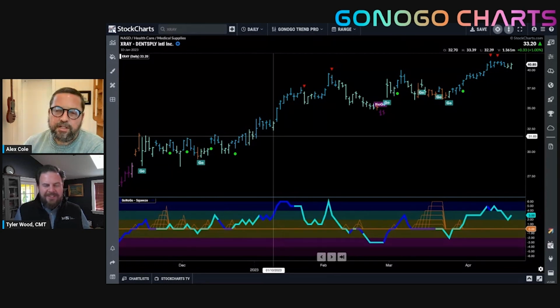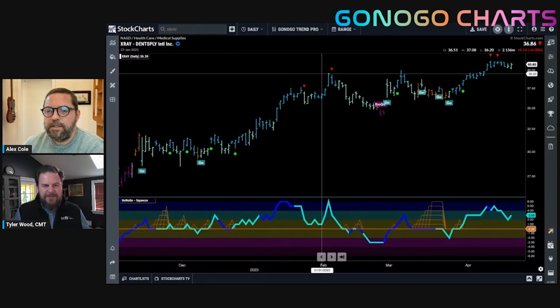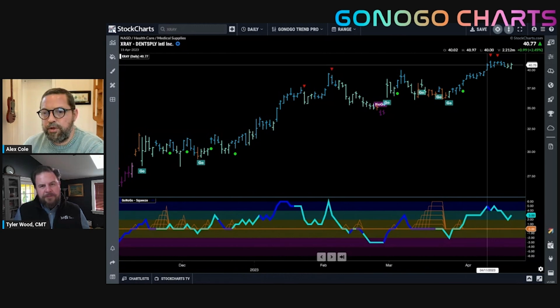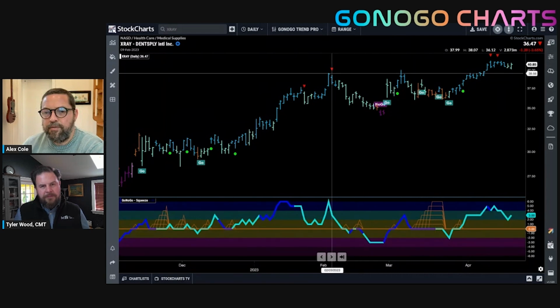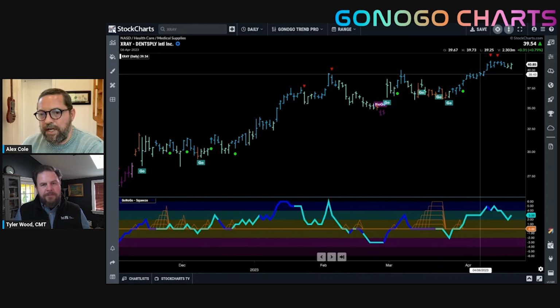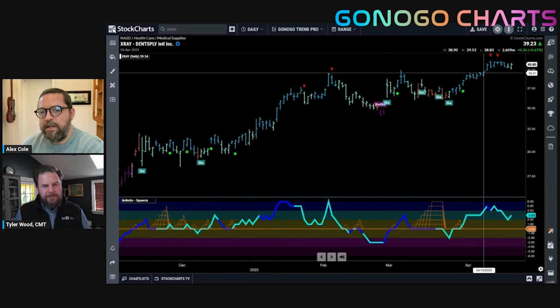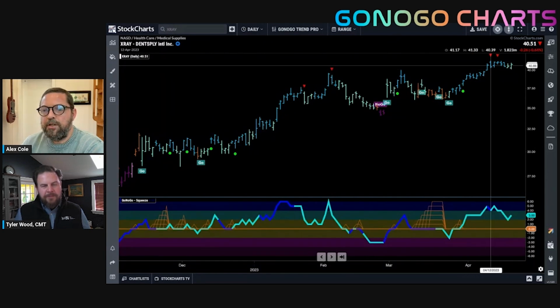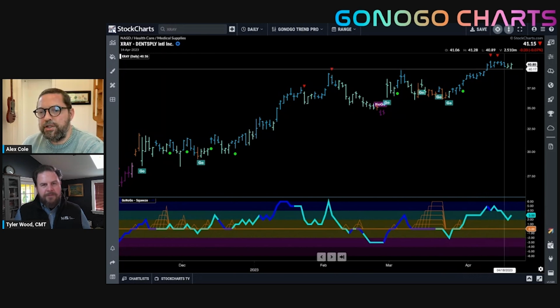Yeah. I mean, XRAY came across, and it's an interesting one to look at, because when we sent this idea out earlier on in the week, it had just broken above this level that had been resistance. If you see these two prior highs here, Tyler, we were kind of running up against that for 5 or 6 days in a row and struggling to break through. And then we did. So this is what we were talking about earlier on in the week, how we were now going to hope to see consolidation above these levels. And we are right there.